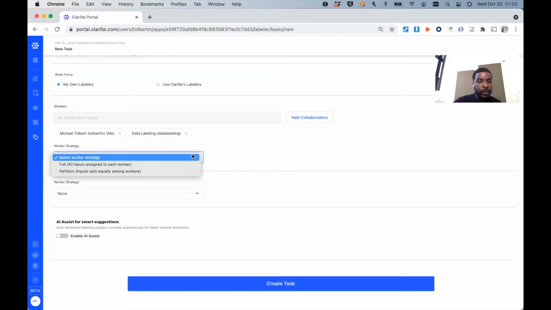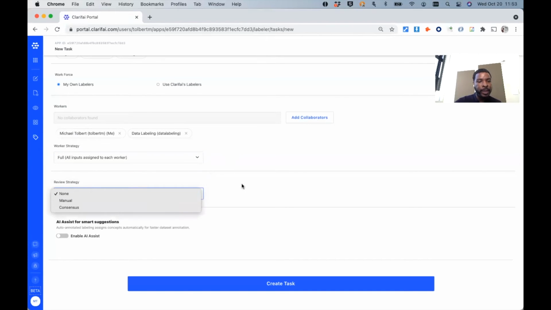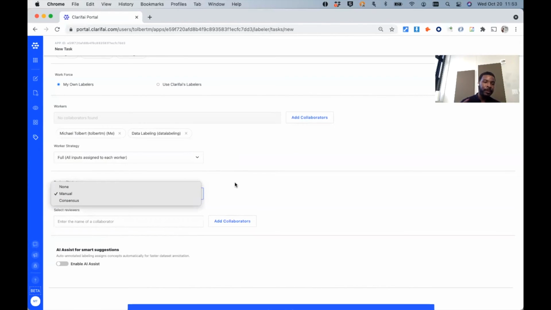Getting back to this, we're going to do the worker strategy. I'm going to do full, just so we can get through it. Review strategy, that's for the demo, I mean. Review strategy, we're going to do manual. These are important, and we'll talk about these in just a second as I start doing some labeling. But just for this page, none means nobody's going to review it. It's just going to be auto success,